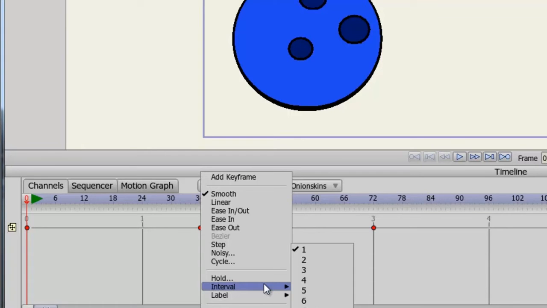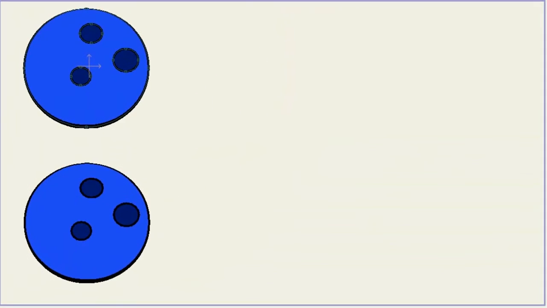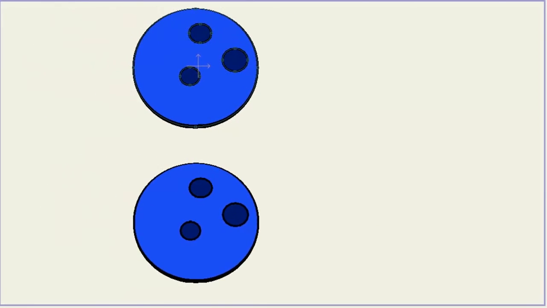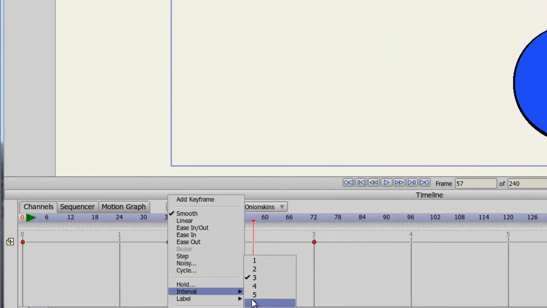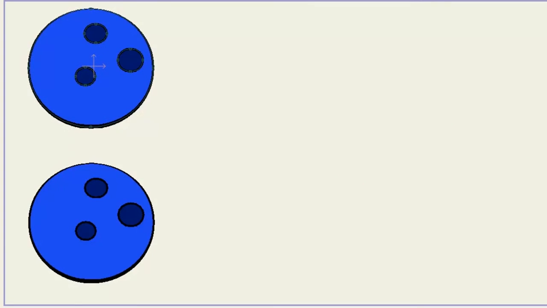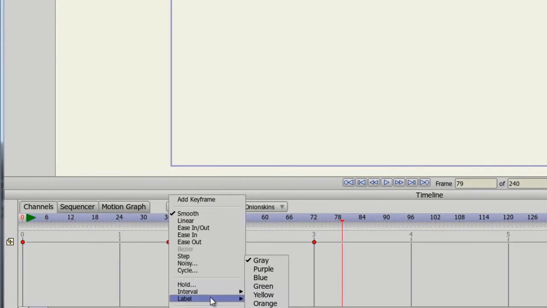So, I will set this to 3 on all of my keyframes for the top layer. Now, if we hit play, watch what happens. You can see that the top layer is moving not as smoothly as the bottom layer. And if we adjust this, let's say for instance I go to 6 and now play this, you can see it's even more obvious. This is the new interval setting for Anime Studio. So if I just go and set this back here to 1,